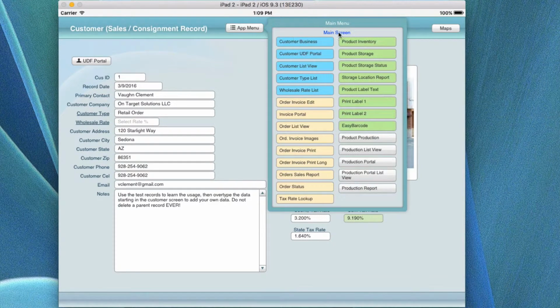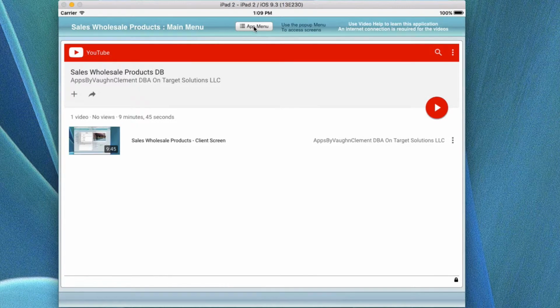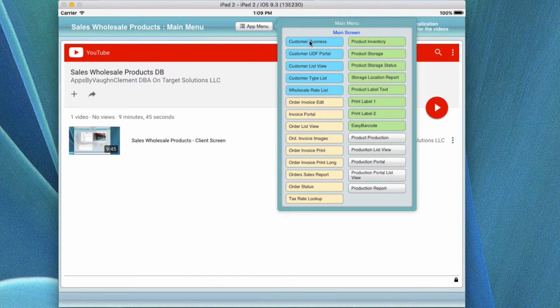As you jump from one to another, you'll see that when you click on the icon or go back to the main screen, you can access the first group of records in that screen, or then when you get in there, you can do what's called a find, and we'll cover that in the additional videos that are added. How do you find different businesses that you're working with,